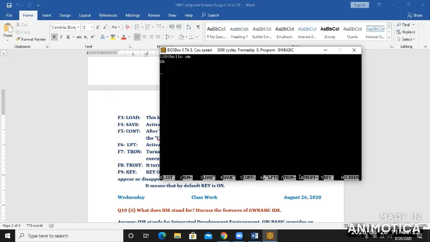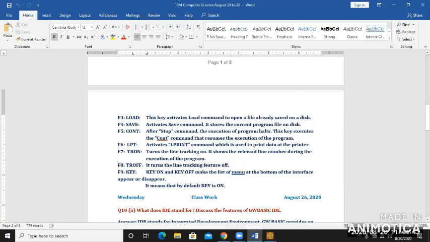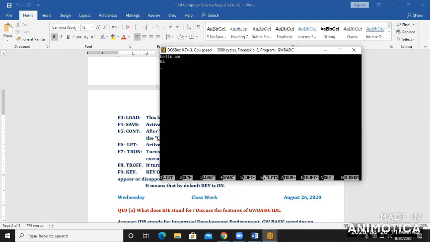And TROFF, if you want to turn it off, you do not want to see normally which line this output is from, so you turn it off. For that you have to press F8, right? So now if you execute the program, you see that line number 20 is gone from here. Okay students, I hope that it is clear now. And the F9 key is used to remove this key. I'm pressing F9 here, and then you have to write KEY OFF. Okay, so this key bar at the bottom is now removed. It's just a view that if you want to